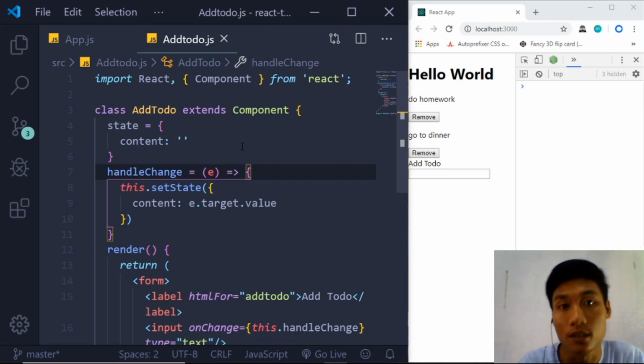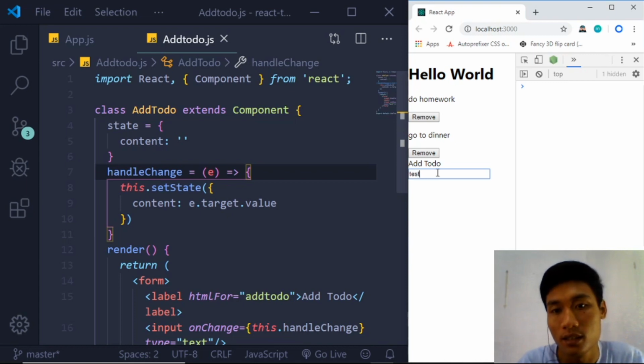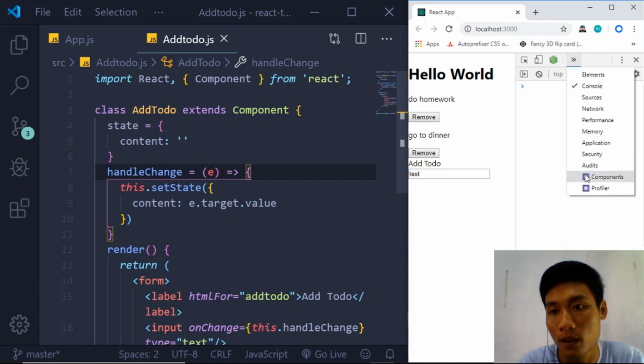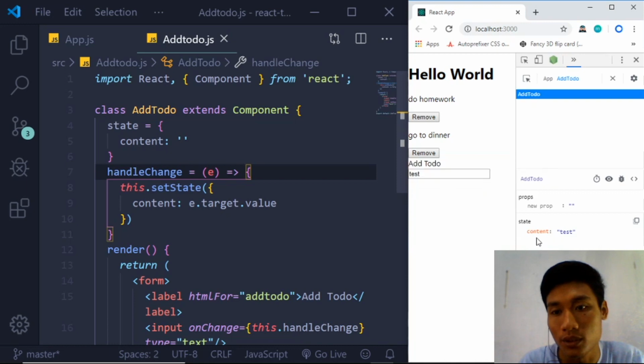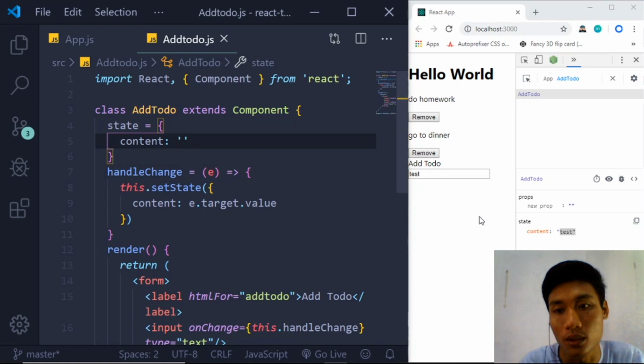Okay, when I save that, and when I type in something like task, when I go to Components and go to AddTodo, you can see right now we have state and the content, which is task. Okay, so content right now in here has the value called task. So